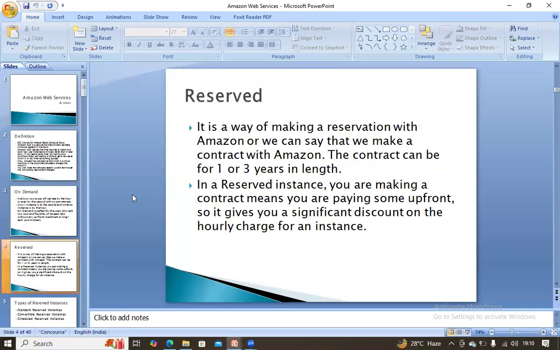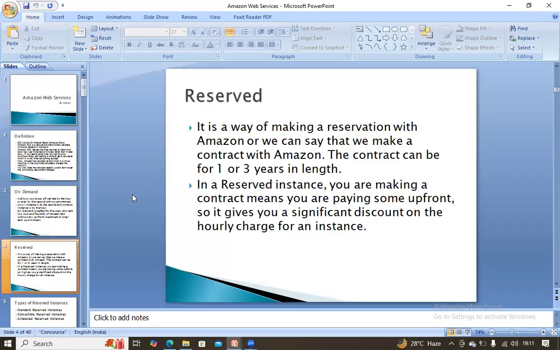The next slide is about reserved instances. Reserved is a way of making a reservation with Amazon, or we can say making a contract with Amazon. Instead of paying on a per-second or hourly pricing model, the company will pay some lump sum amount, say 50,000 or 60,000, and after paying it there is a contract for 1 or 3 years.